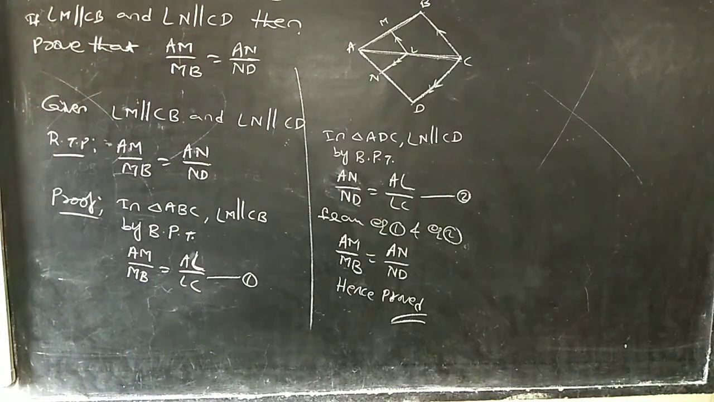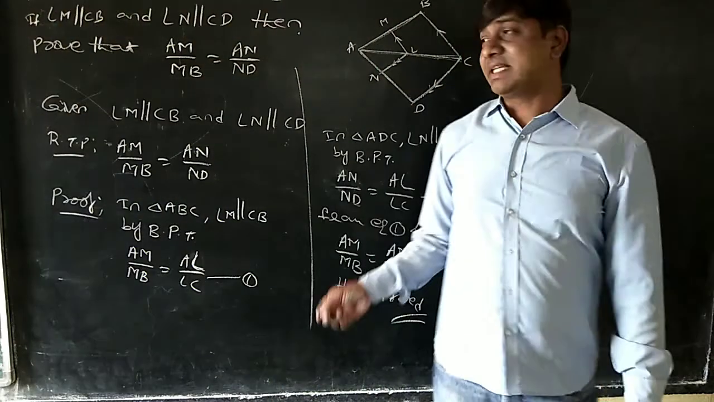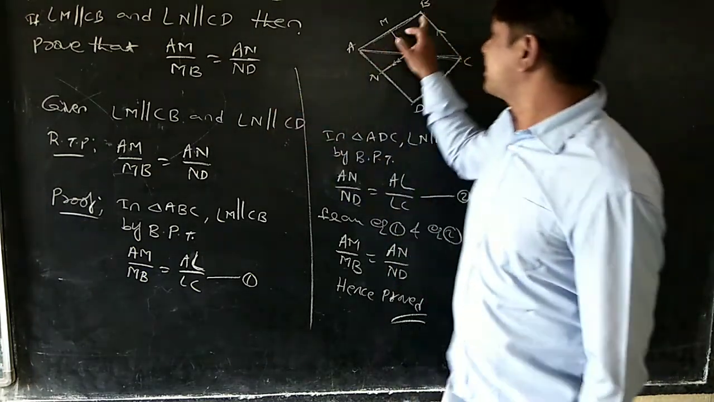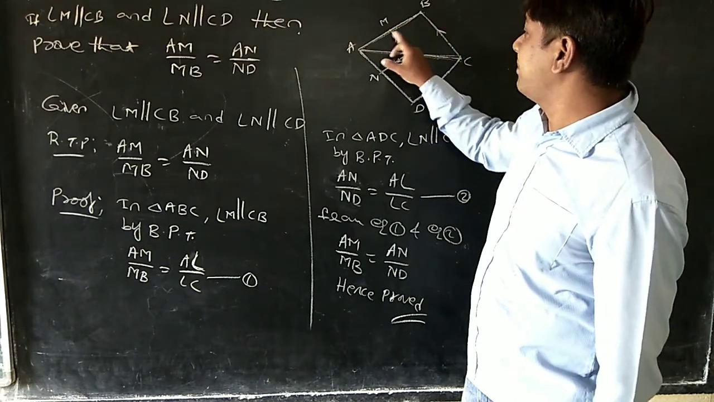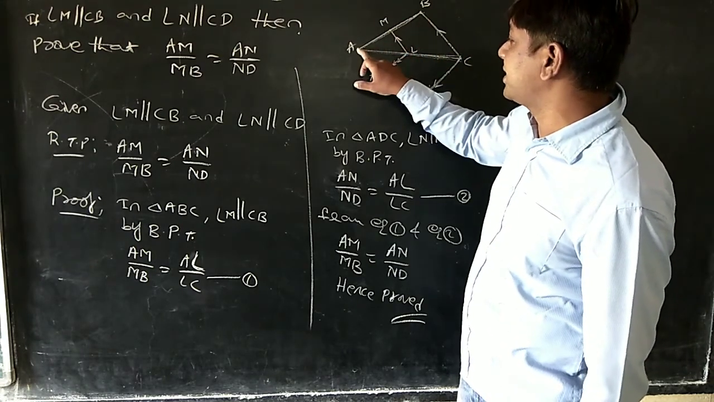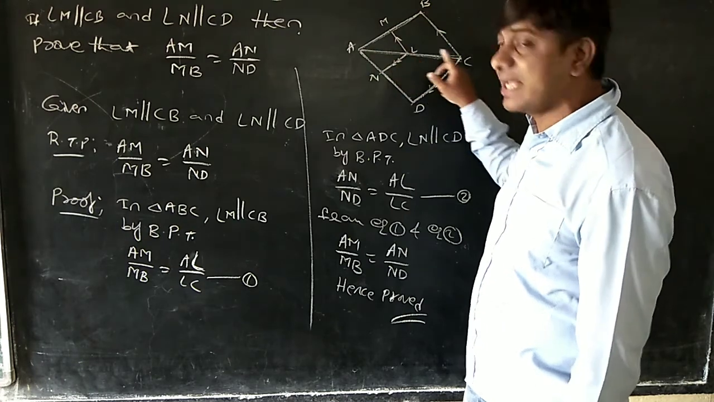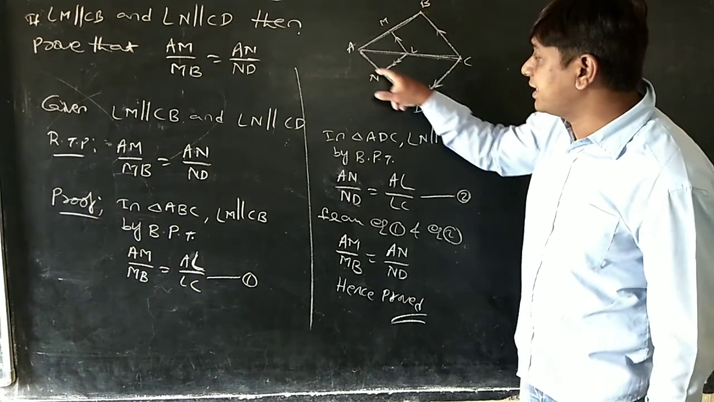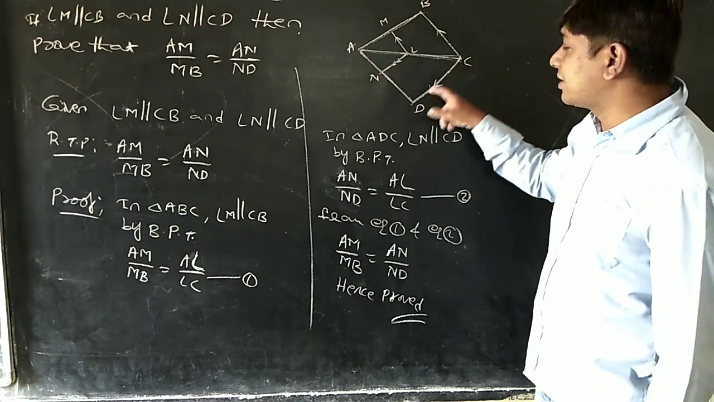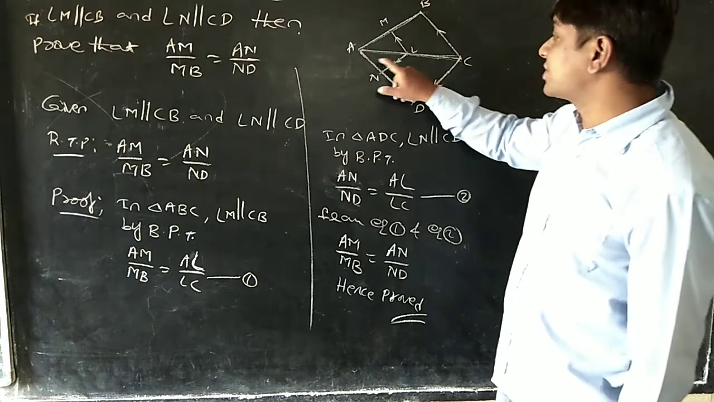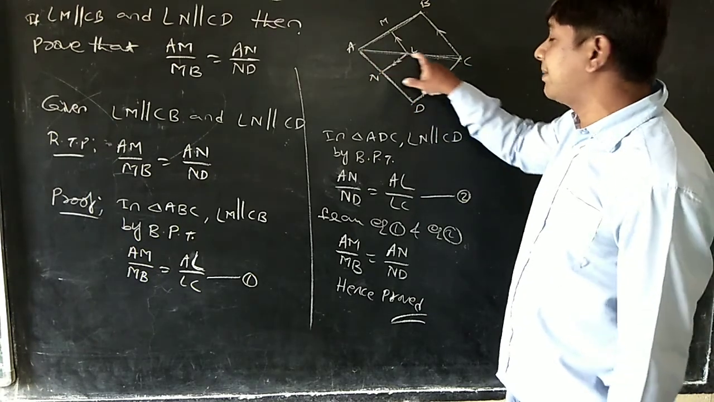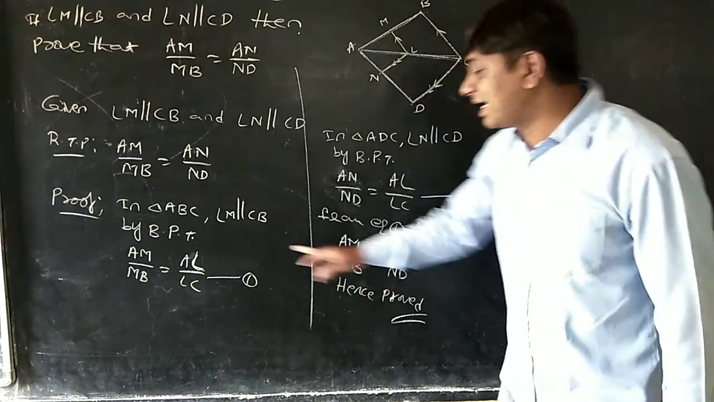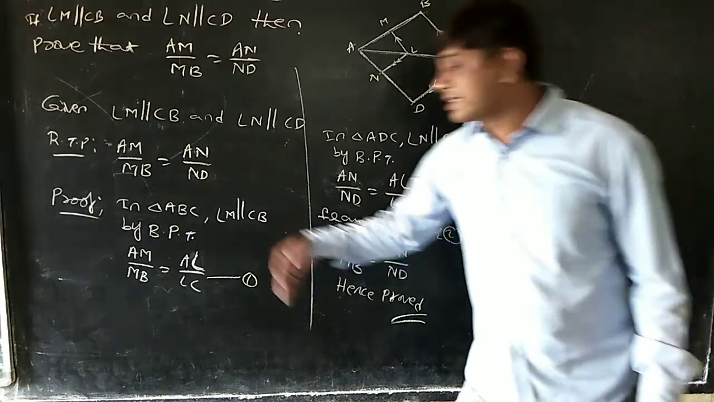Okay? See here once again. LM is parallel to BC they given, LN is parallel to CD they given. So, in this first triangle, upper triangle, LM is parallel to CB. By basic proportionality theorem, AM by MB is equal to AL by LC. Equation 1. Again, consider this triangle. In this one, LN is parallel to CD. Again, by basic proportionality theorem, AN by ND is equal to AL by LC. This is equation 2. In equation 1 and equation 2, AL by LC is common. That means right hand side